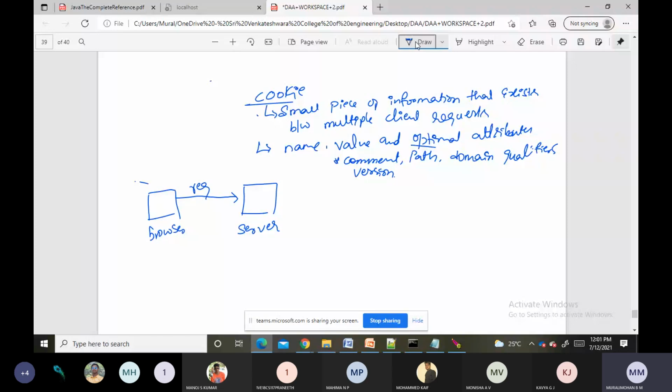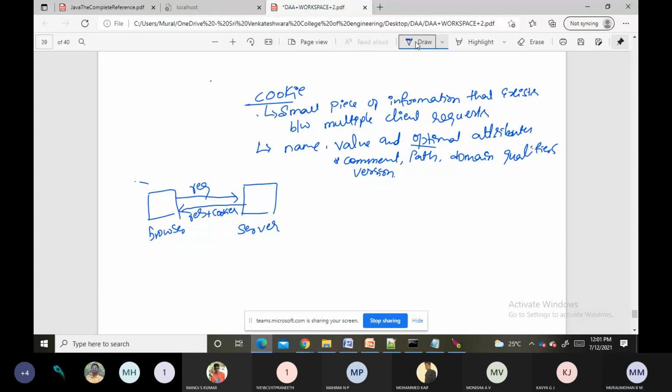Once the request comes to the server, that is the servlet, the servlet is responsible for responding to this request. So the server will send a response to the browser along with the cookies.